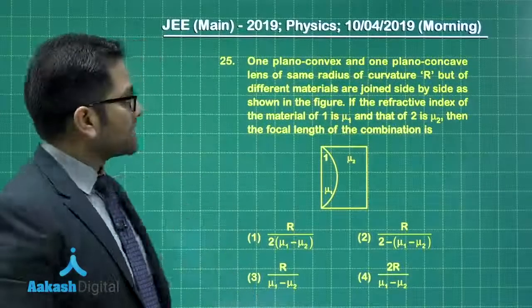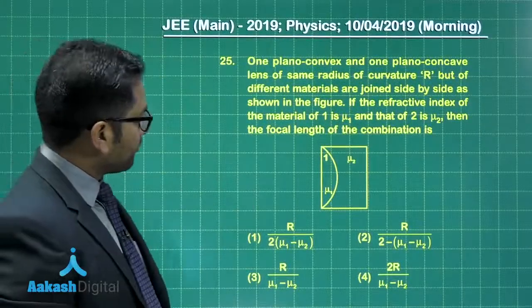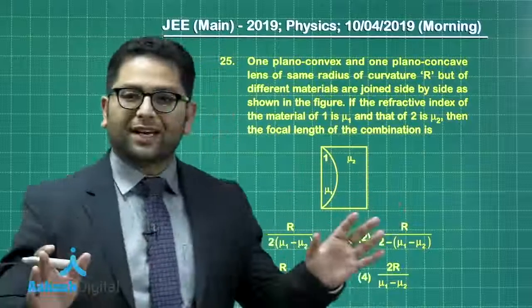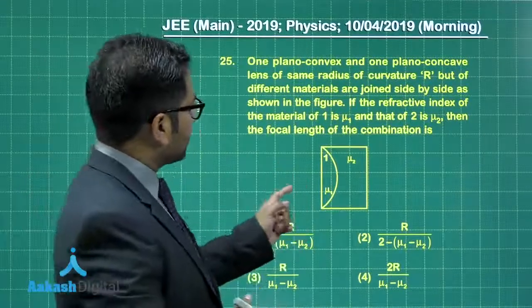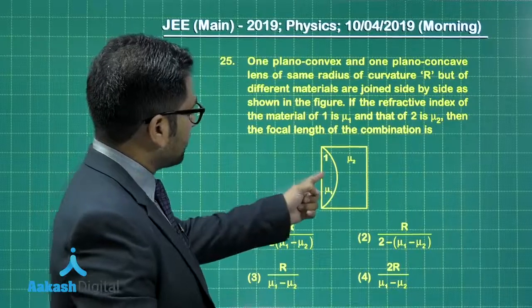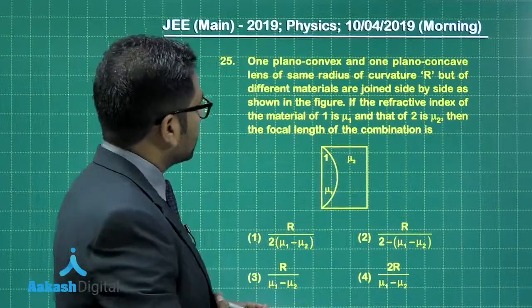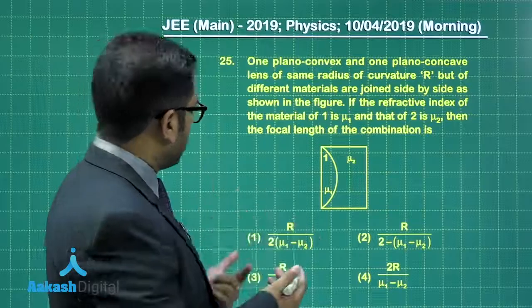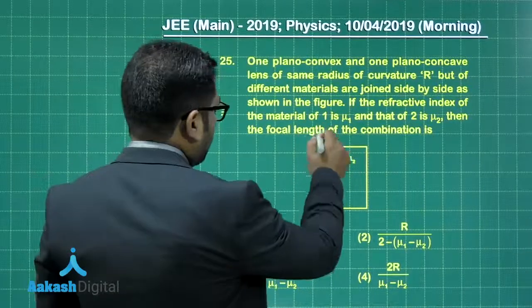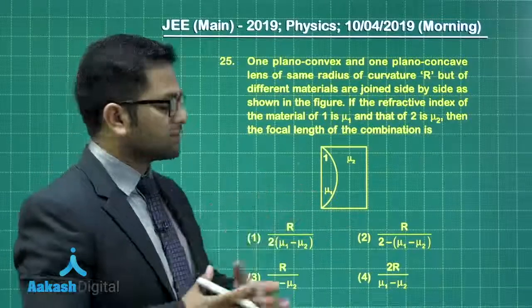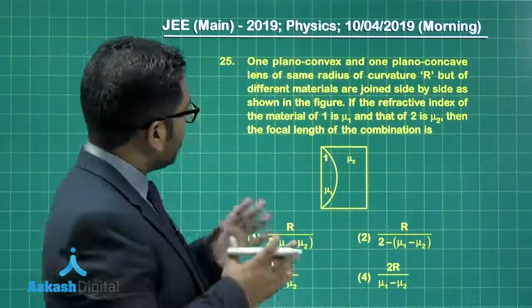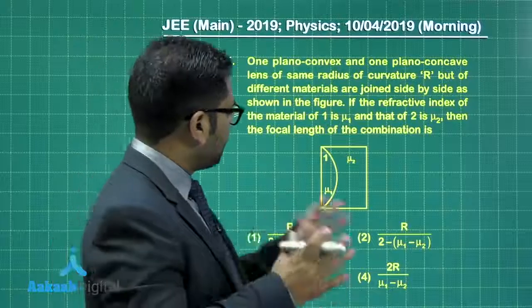All right, question number 25 from ray optics, almost a very straightforward question. It says a plano-convex and a plano-concave. Now, this is the plano-convex, this is the plano-concave, and the radius of curvature, of course, is a common boundary, and one has refractive index mu1, the other has refractive index mu2, and we need to calculate the effective focal